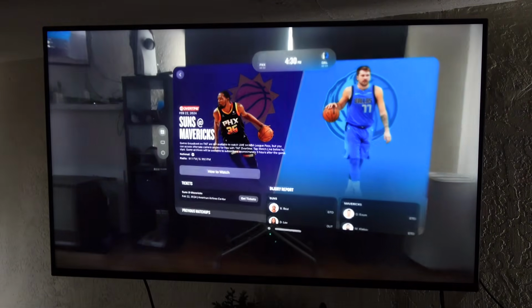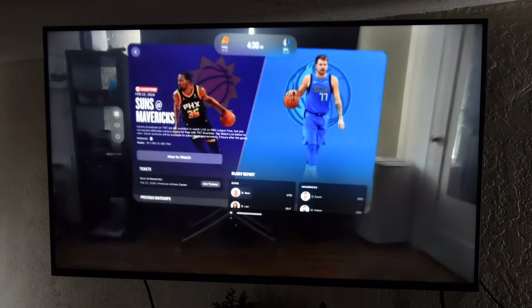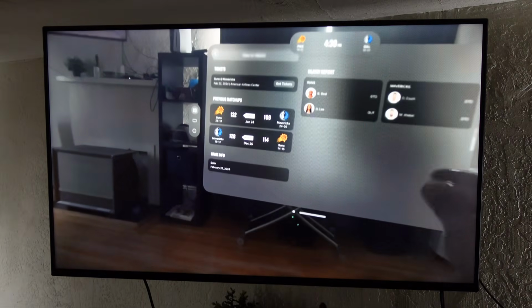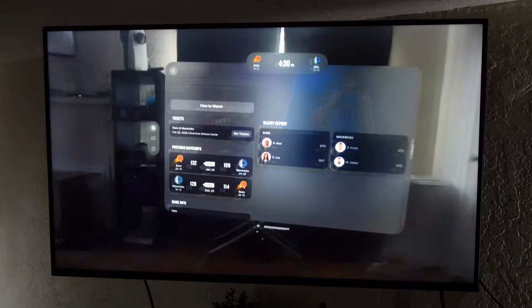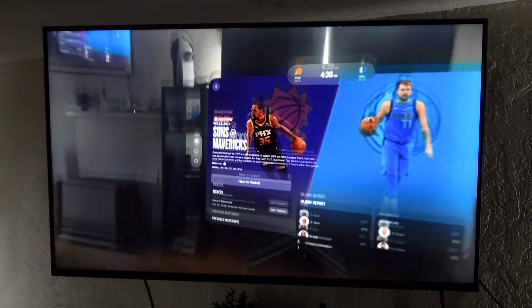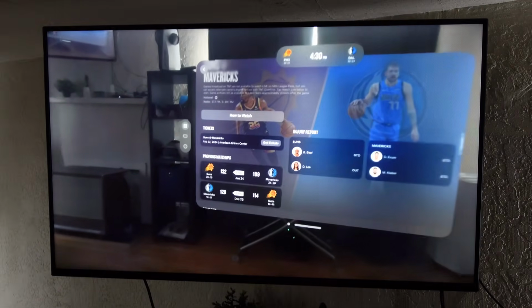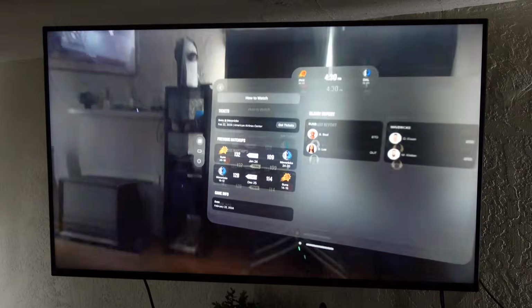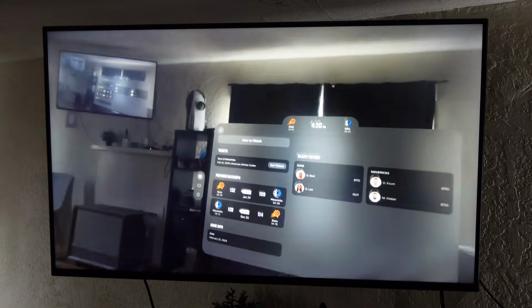This is perfect, being able to see the injury report, previous matchups, tickets, game information, and more. And when the game is going on, you can see the live scores right here inside of the NBA app. So you've definitely got to check out the NBA app. For all of the fans that love watching sports on the Apple Vision Pro, this is one of the best